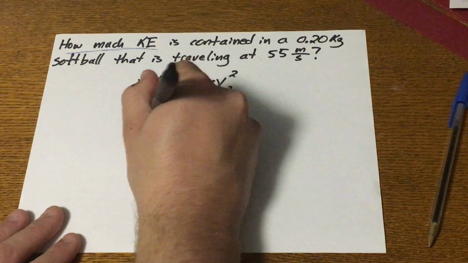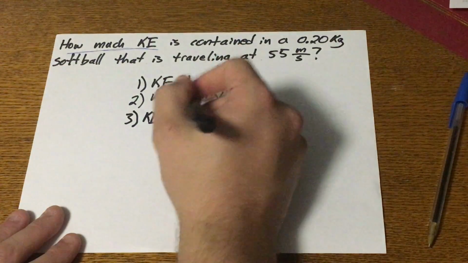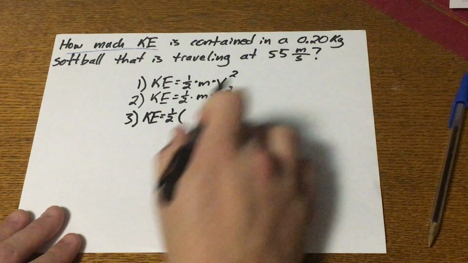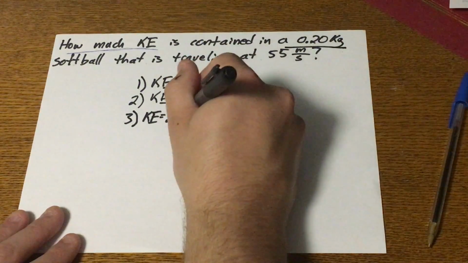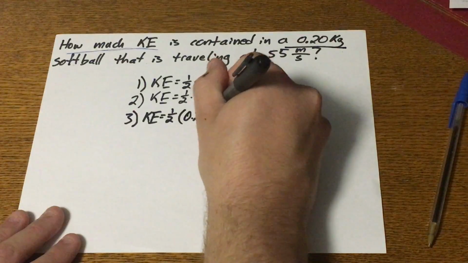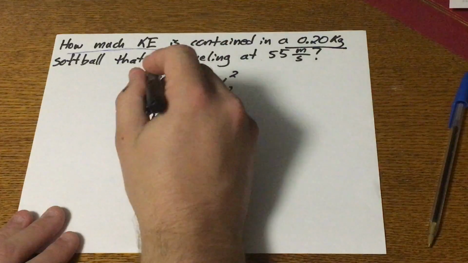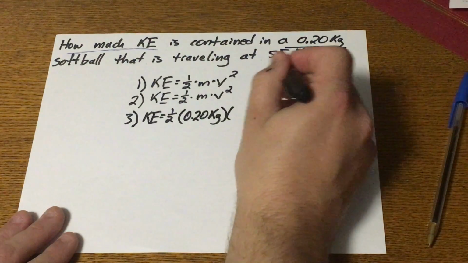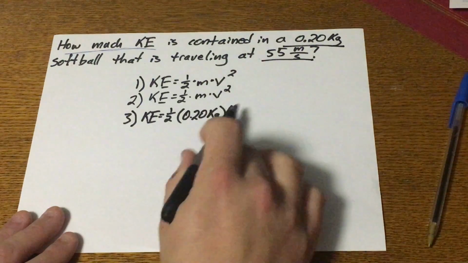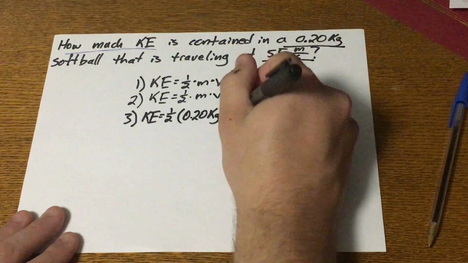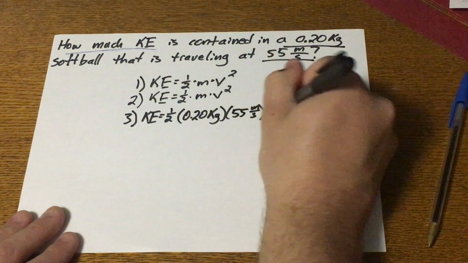The only thing that I don't know is kinetic energy, so I'll substitute in what I do know, which is the mass of 0.2 kilograms. And the velocity. This time, we see that it's traveling at 55 meters per second, very fast velocity. And I'm going to write it out twice instead of worrying about the exponent. So we'll do 55 meters per second times 55